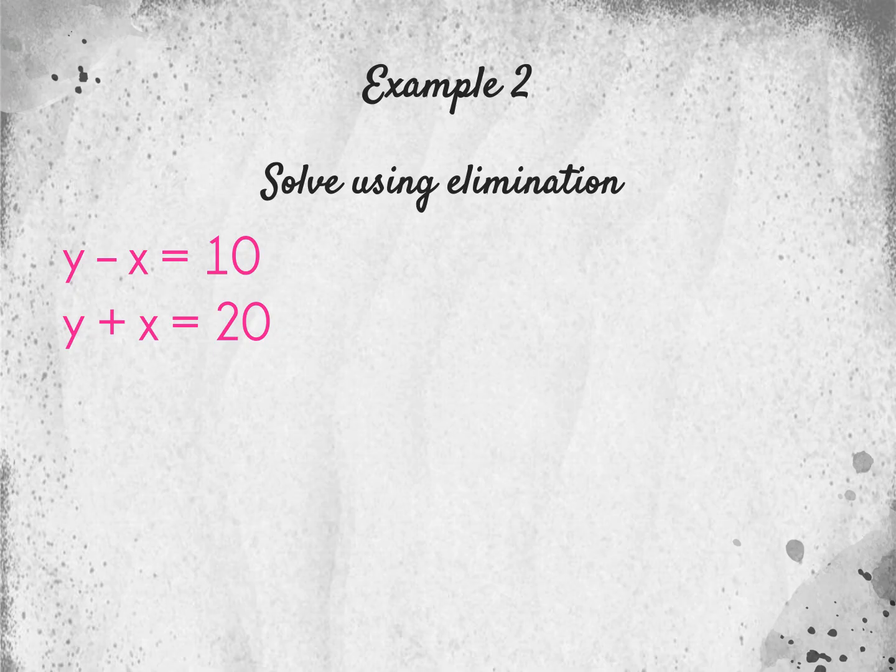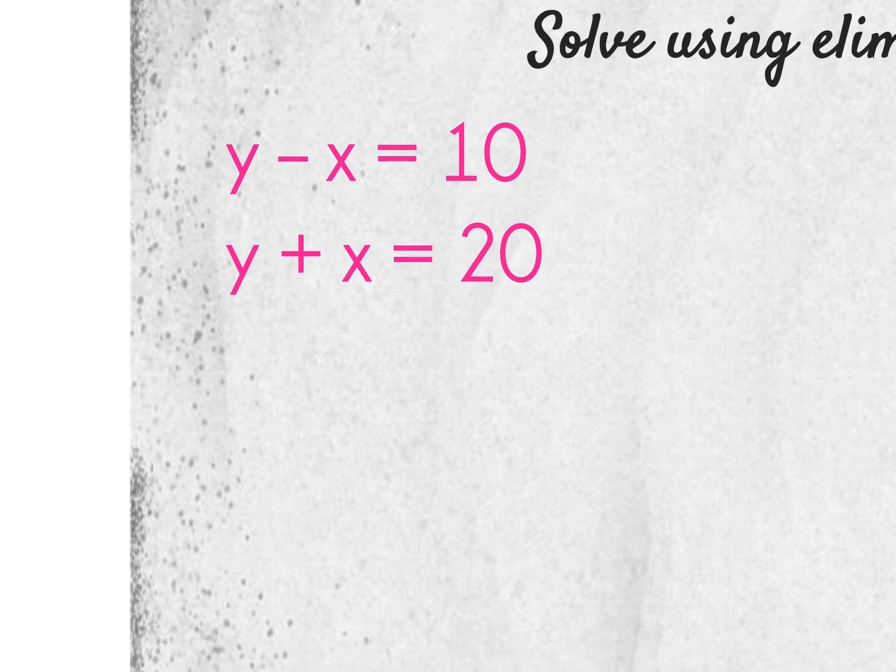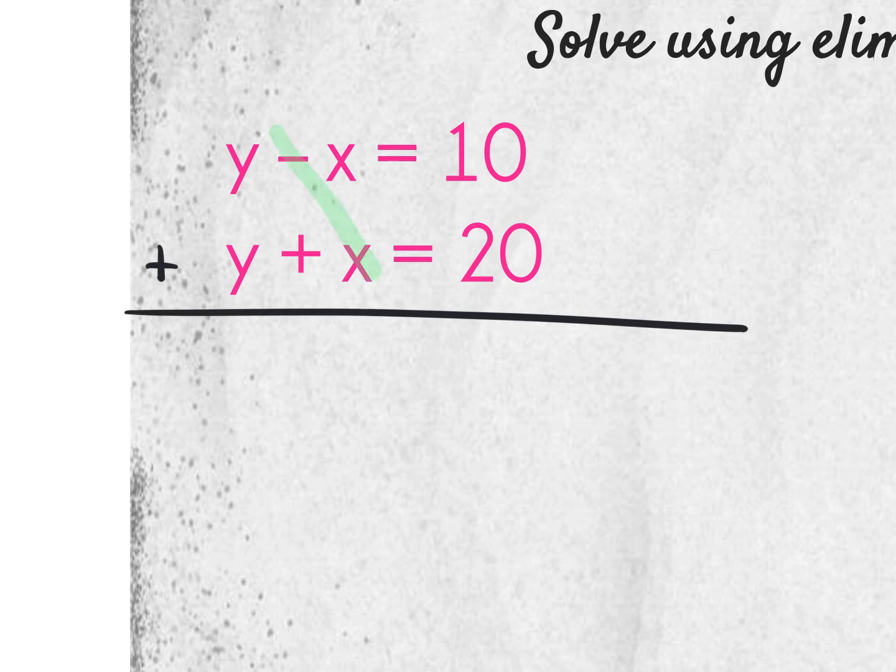Now sometimes the system is going to be set up perfectly, where you're not going to need to multiply by anything to get a variable to cancel. I could rearrange it and put the x first and then the y, but because this is already set up with the y's on top of each other, the x's and then the constants, I could go right into my solving process. I'm just going to add the two equations because when I add them together, the x's cancel